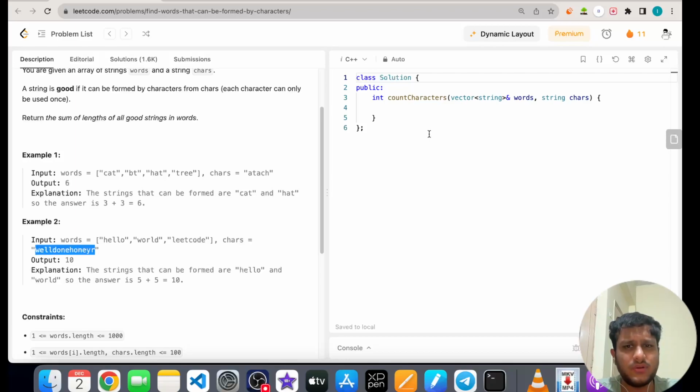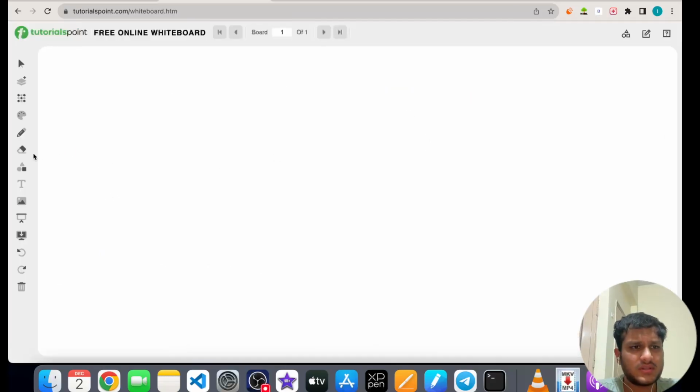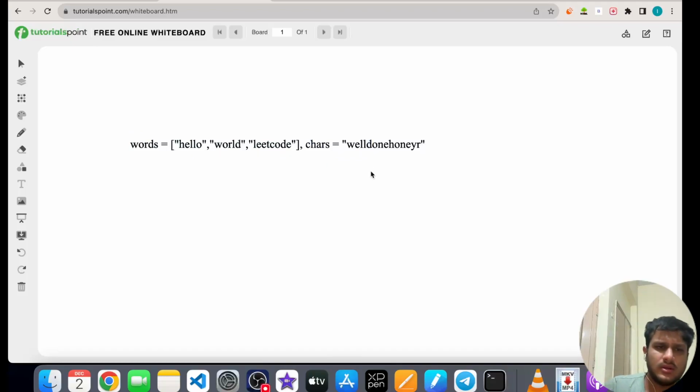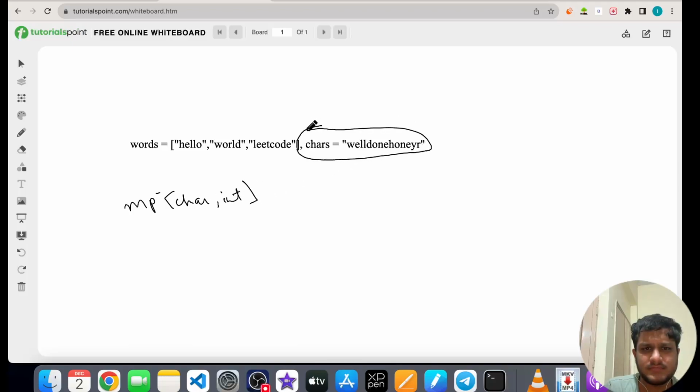So what can we do? Let's just copy paste this here. Alright, so what can we do here? We can simply make a map of char comma integer, which will store how many characters we have.